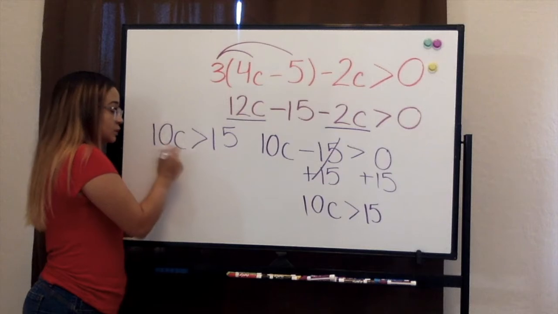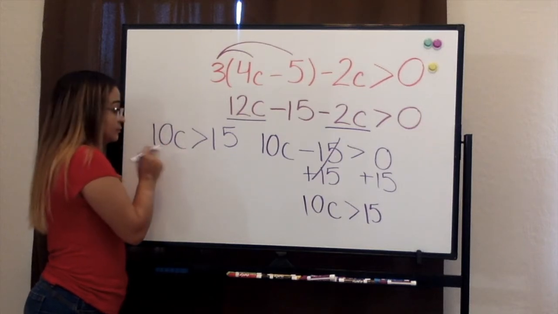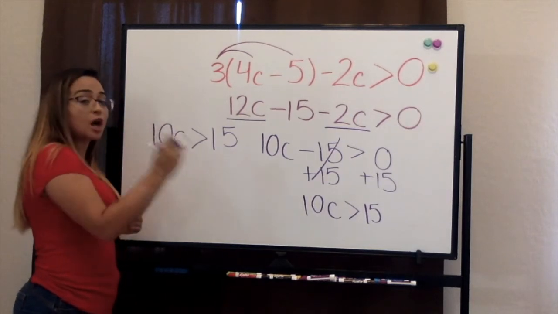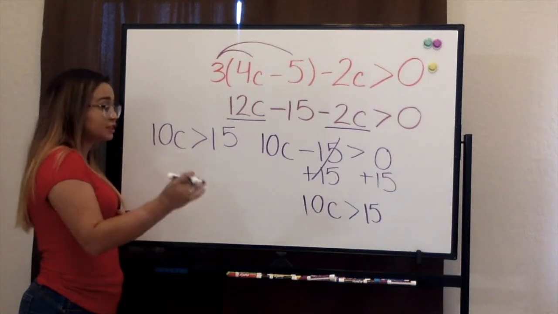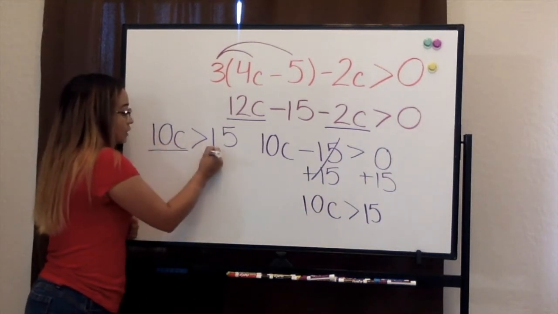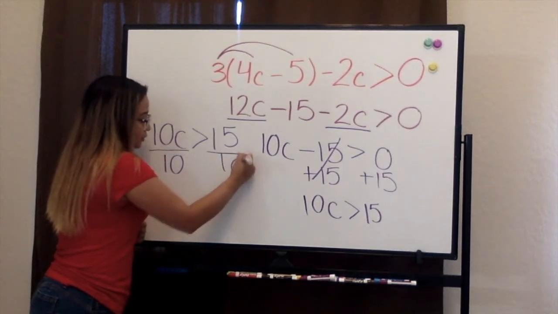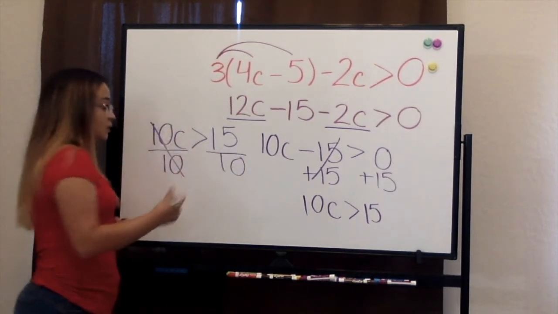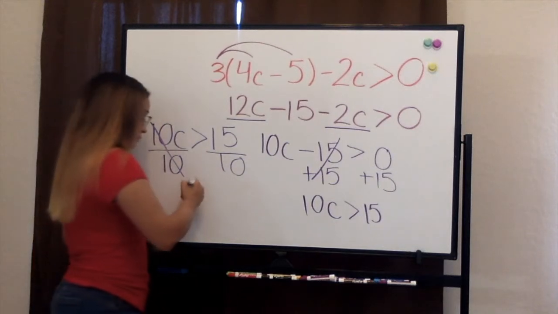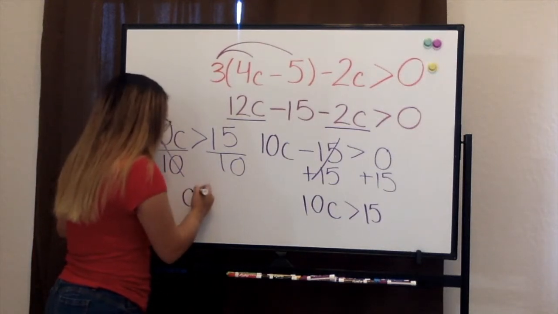What we're going to be doing is dividing by 10, because here we have multiplication and the opposite of multiplication is division. So we're going to be dividing by 10 on both sides. Which leaves us with c is greater than